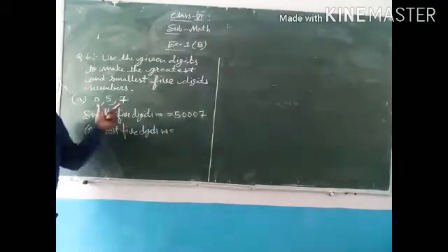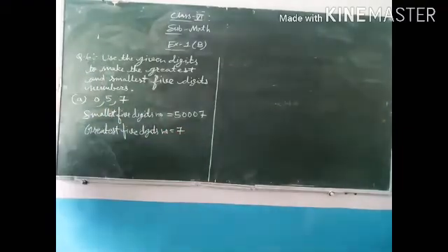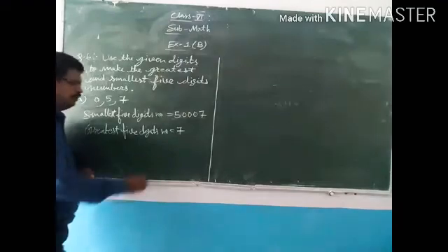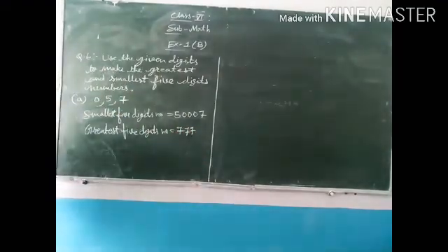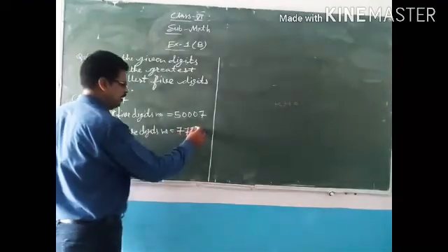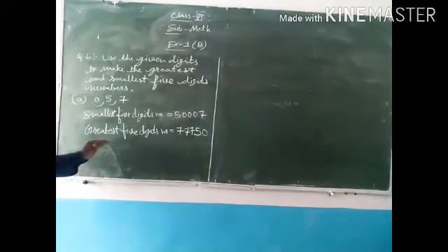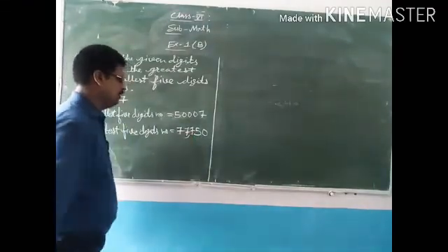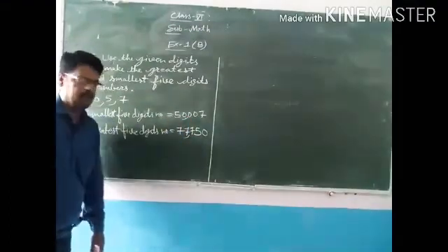So which is the greatest digit among this? The greatest digit is 7. Okay, and 5-digit number we have to make. So biggest digit we will repeat 2 times more. जो सबसे बड़ा digit है उसे हम 2 बार more repeat करेंगे, means 7, 7, 7. And then after the smaller than 7 is 5, and in the last 0. So this is 5-digit greatest number, that is 77,750, and the smallest number 50,007.